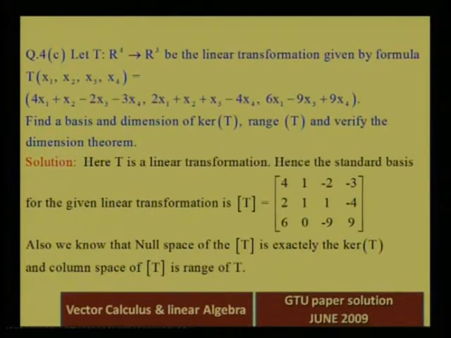For that you just need to check that all the coordinates in the codomain, w1, w2, w3, must be linear. If all the coordinates in the codomain in the definition of T are linear, then directly you can say that the given transformation is linear. And as the transformation is linear, definitely you can write down the standard matrix for it. So here we write down the standard matrix, and using that standard matrix we can find the basis and dimension for the kernel of T and range of T. Okay, so let's see.